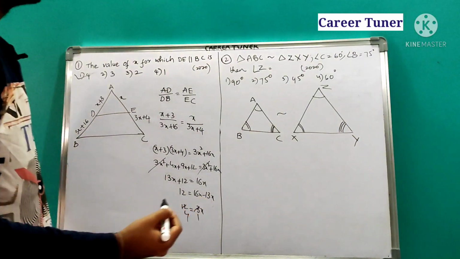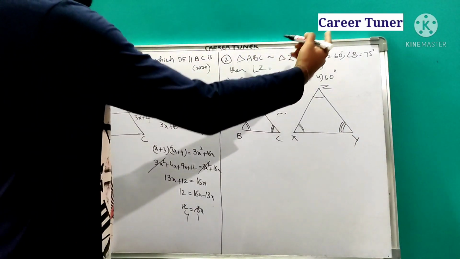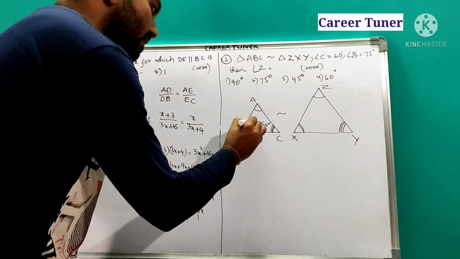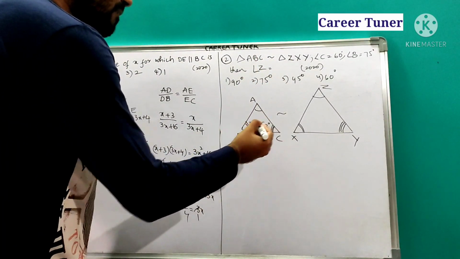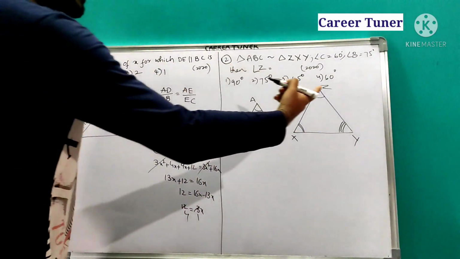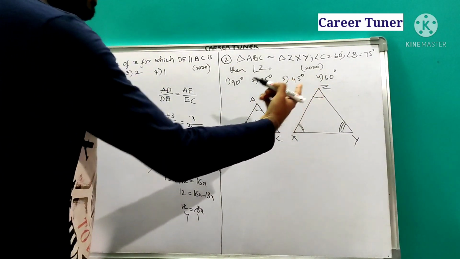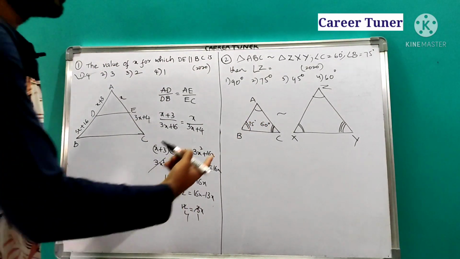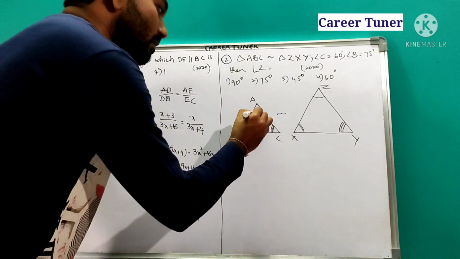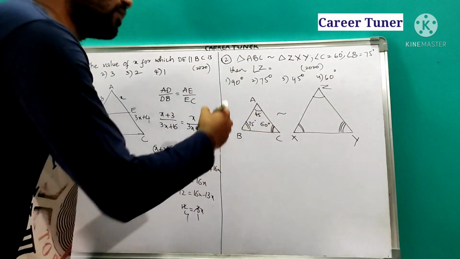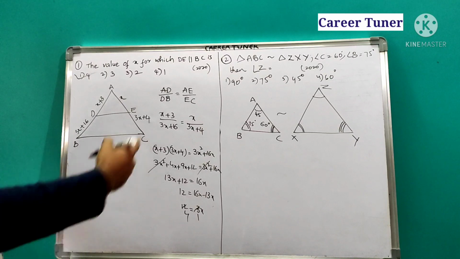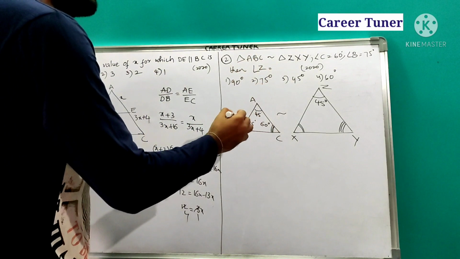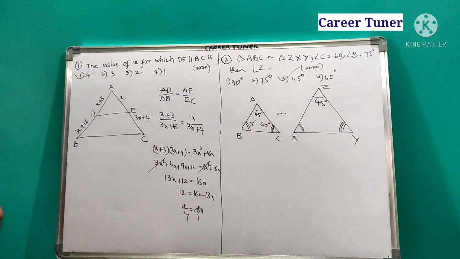So what is given? Angle C is equal to 60 degrees, and angle B is equal to 75 degrees. So if this is 75 and this is 60, then what are they asking? They are asking angle Z. If we find angle A, that will be equal to angle Z. So 75 plus 60 is how much? 135. So the remaining angle, so that it will form 180, is nothing but 45. If it is 45, then only it will satisfy the angle sum property, that is 180 degrees. So if this is 45, this is also 45 degrees. Therefore angle Z is equal to how much? 45 degrees.